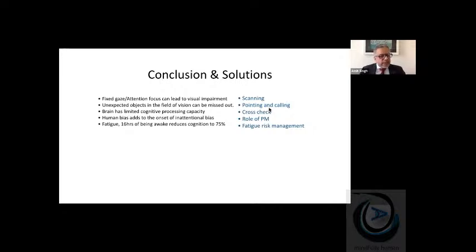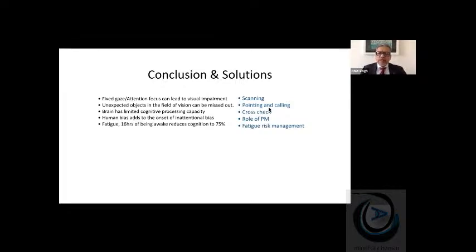Another is a Japanese concept called Shisakanko. Shisakanko is called pointing and calling. In Japan, they tested it on the bullet train drivers, the very high-speed trains. They point and call, so they are focusing their attention where they want to see. What normally we do is we are looking without seeing. That is when accidents happen. But if you point and call, you are focusing your attention on that exact place where you want to see. And they have reduced accidents by almost 35% and error rates by more than 80% because of this.